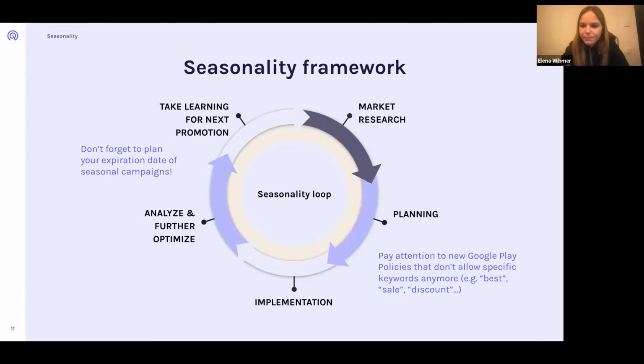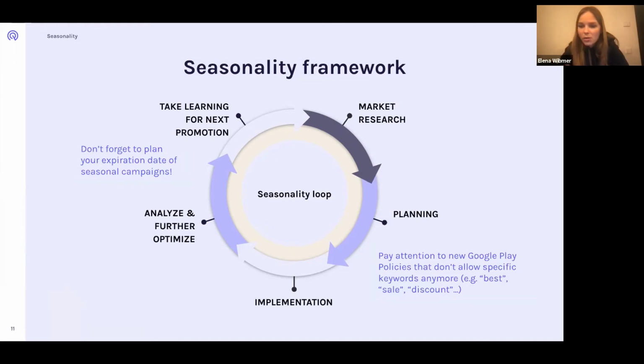because you are up to date. And another important thing while you plan: we showed you some examples of how apps optimize, for example, for Black Friday. And I just want to highlight here for Google Play the new Google Play policies that were enforced at the end of September and are getting stricter and stricter, where they clearly say that certain keywords are forbidden.